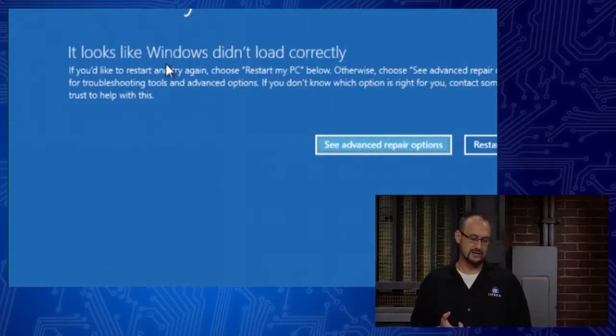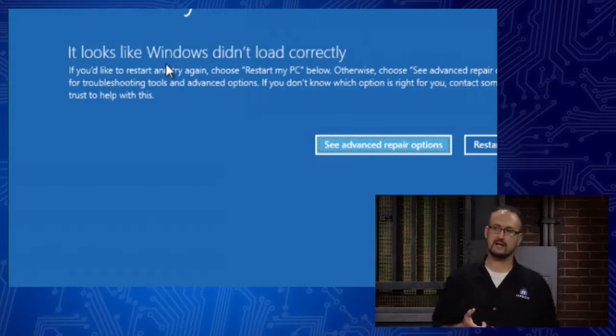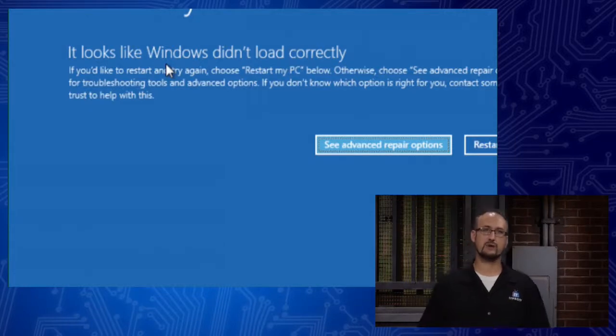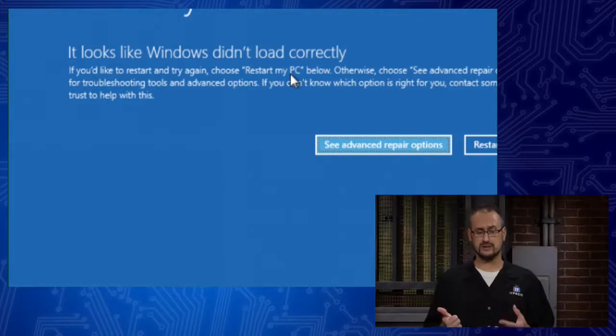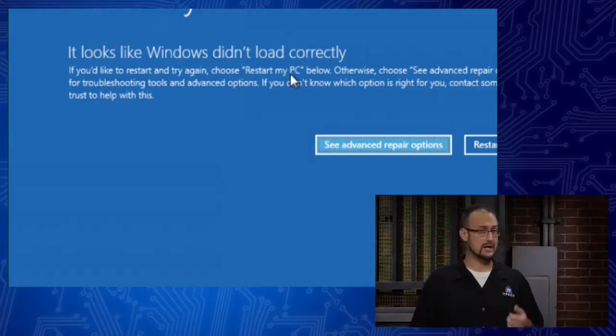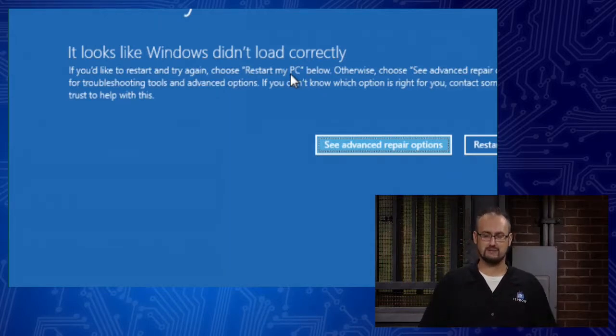All right, spontaneous shutdowns and reboots. You could see that a PC's CPU is overheating. You're having an overheating issue. It could be a failure to boot, in the fact that, notice it says it looks like Windows didn't load correctly. What you couldn't see in the background there, I didn't want to waste your time, is I was constantly doing a spontaneous reboot of this machine. This actually happens when CPUs overheat, or the internal temperature of the system starts to heat up. What happens is your CPUs have these thermal temperature sensors. An internal thermal temperature sensor will trigger, and it will shut the whole machine down. And it's your CPU's way of protecting itself.